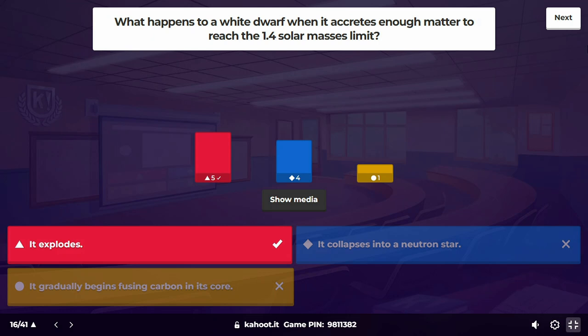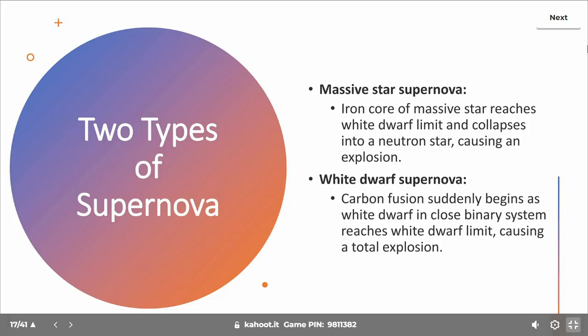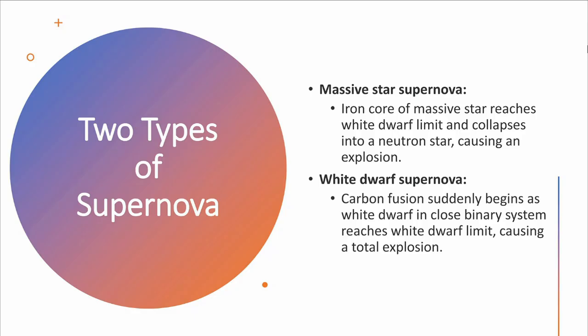You're going to need a lot more mass and a lot more density to make something become a neutron star. So it turns out there are two types of supernova explosions. The one that we've seen so far, you just have a massive star reaching the end of its life cycle, and it reaches a limit, and it turns out it's the same mass limit due to the same Heisenberg uncertainty principle, and it will collapse into either a neutron star or a black hole, and there will be this big